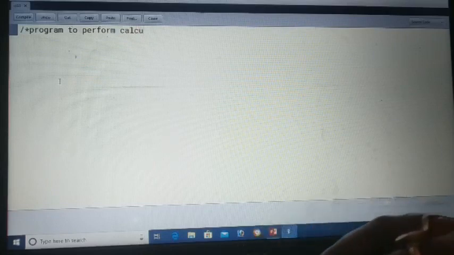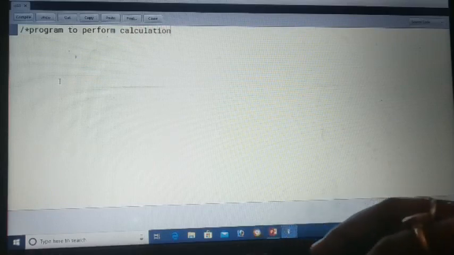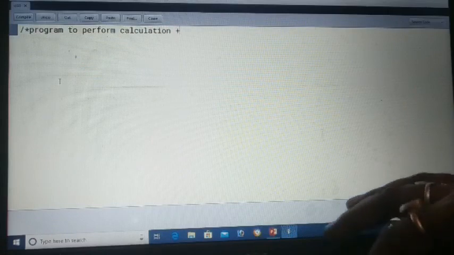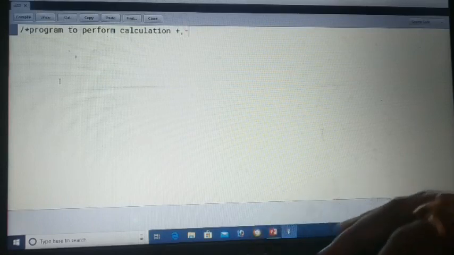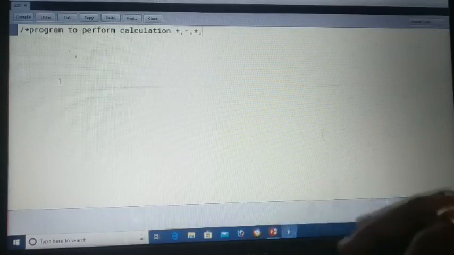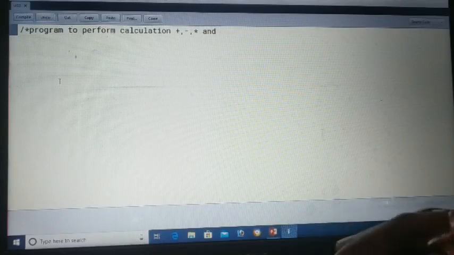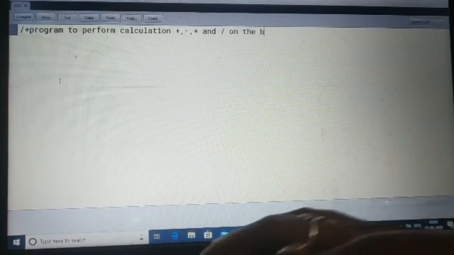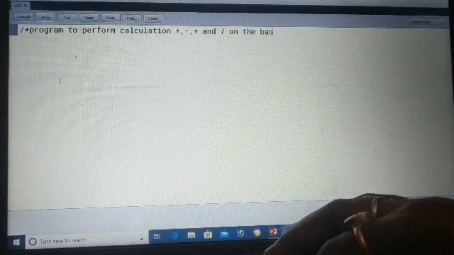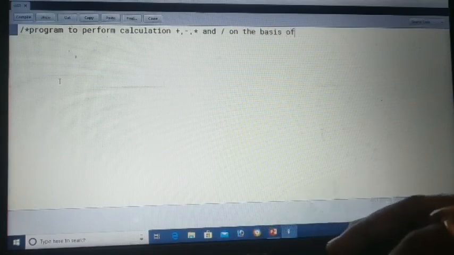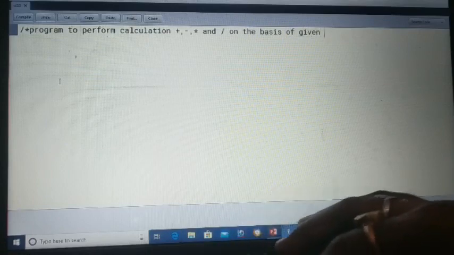calculation: plus, minus, multiplication, division, on the basis of given number.